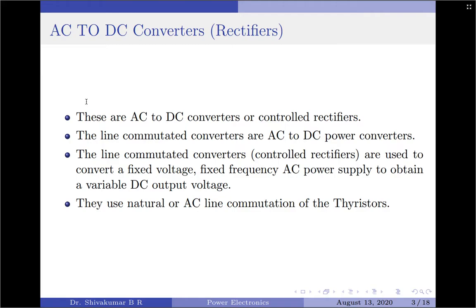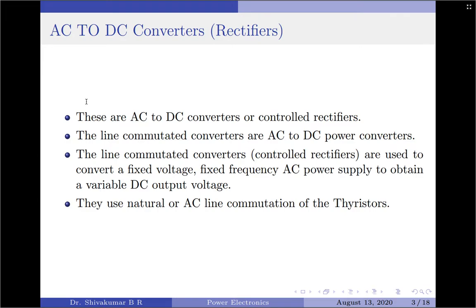A rectifier, as we know, is simply a power converter that converts AC to DC. However, depending upon the type of device employed for performing the power conversion, you can further categorize rectifiers into controlled rectifiers and uncontrolled rectifiers. Uncontrolled rectifiers are those in which the switching devices do not have a controlled turn on process, such as a simple diode. We have seen in the previous session that a diode is an uncontrolled turn on and uncontrolled turn off